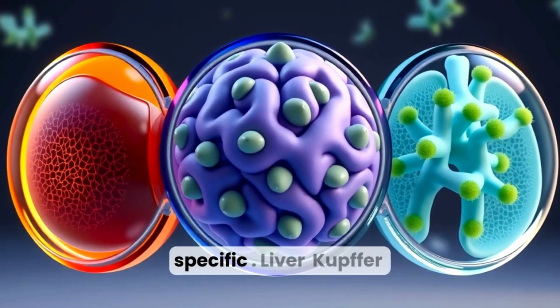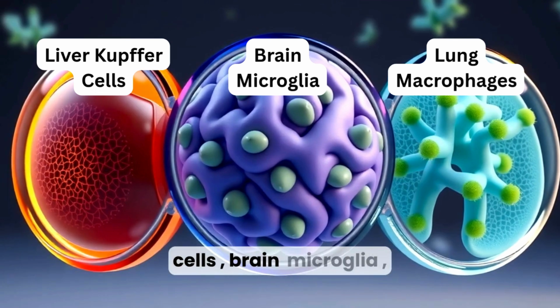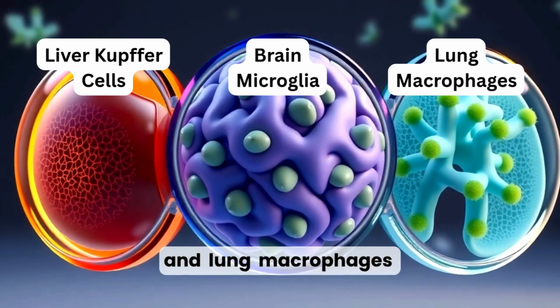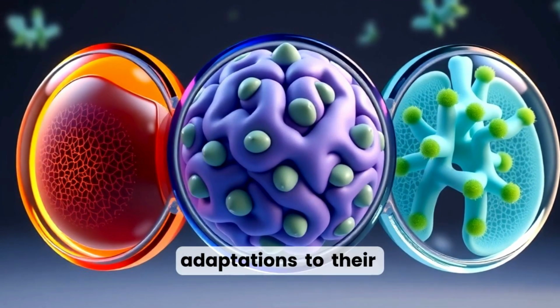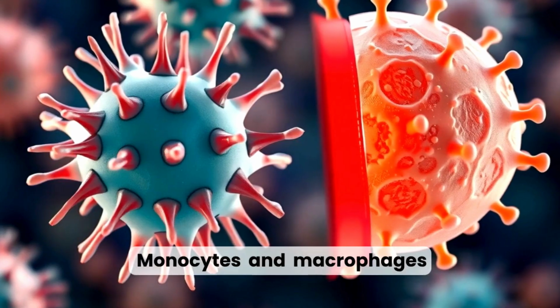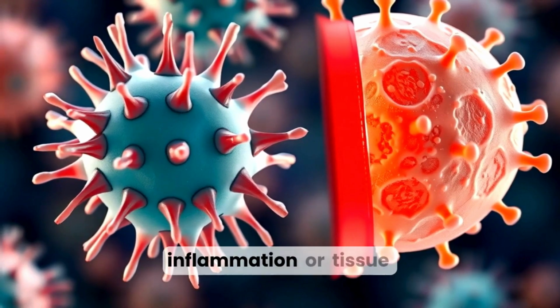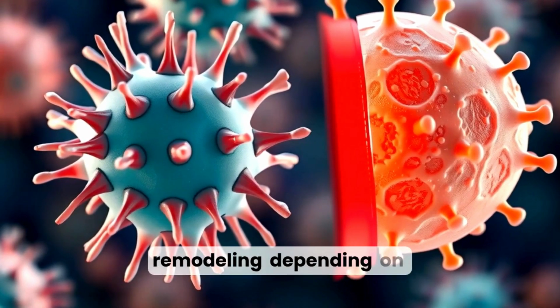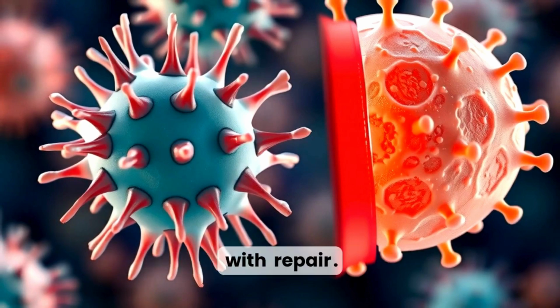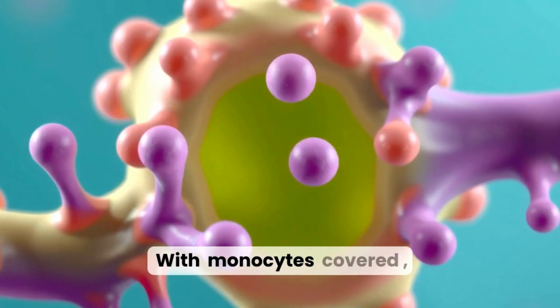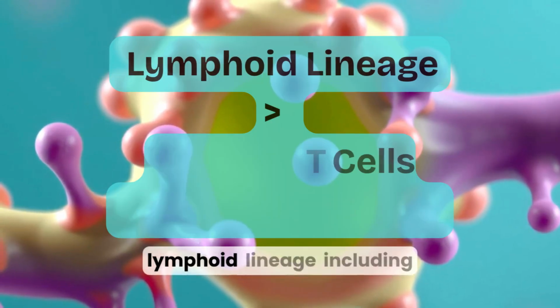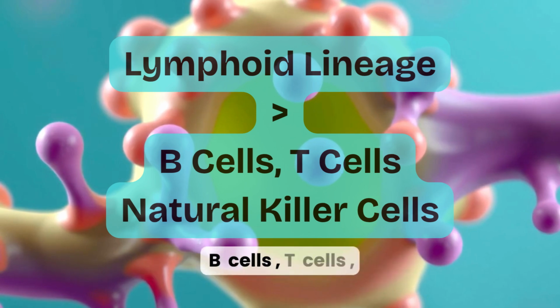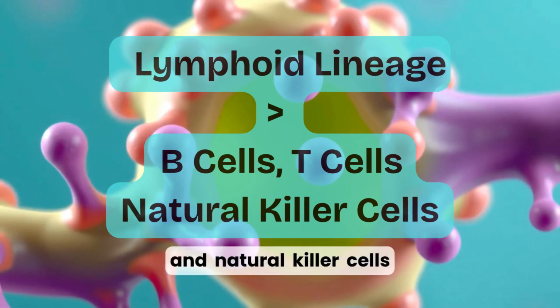Macrophages are tissue-specific. Liver Kupffer cells, brain microglia, and lung macrophages show specialized adaptations to their environment. Monocytes and macrophages also direct chronic inflammation or tissue remodeling depending on signals, balancing cleanup with repair. With monocytes covered, we now explore the lymphoid lineage including B cells, T cells, and natural killer cells and their